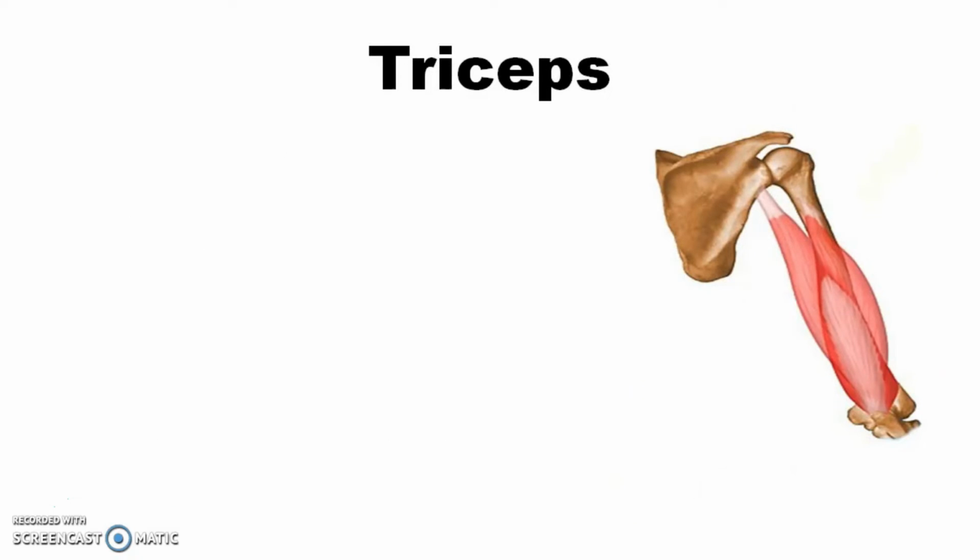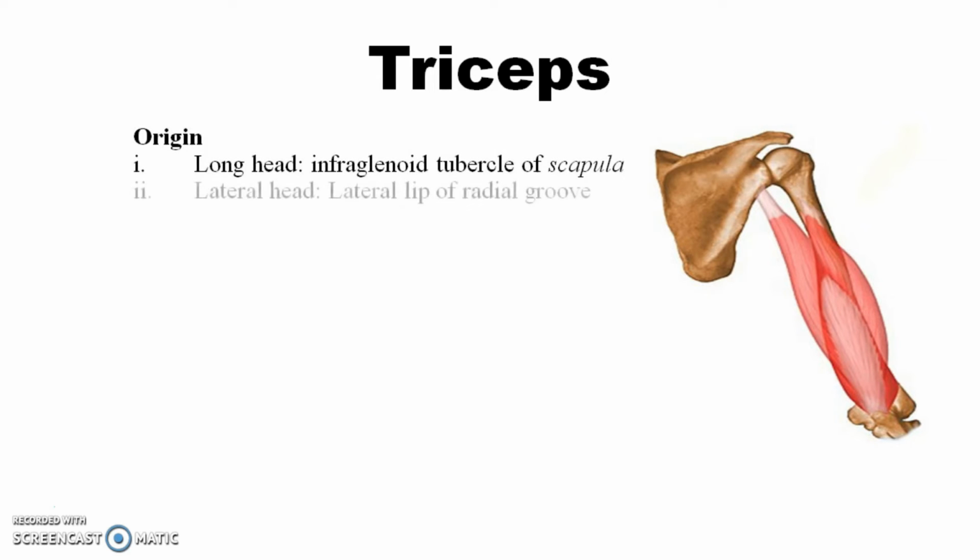Now talking about posterior compartment muscle. So till now we had finished anterior compartment muscle, that is 3 in number. One is coracobrachialis, second is biceps brachii, and third one is brachialis. Now we are going to see posterior compartment muscle, which is 1 in number, and that is triceps. Here also it indicates it is taking origin by means of 3 heads, so we are calling this as triceps. So this triceps again we will be dividing into 3 heads. One is medial, lateral and long head.